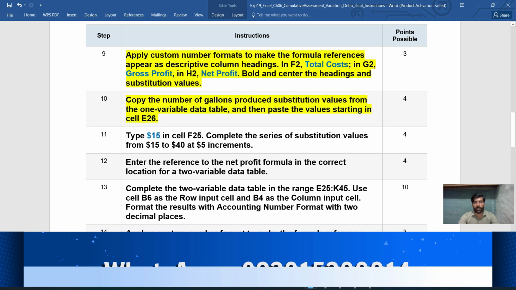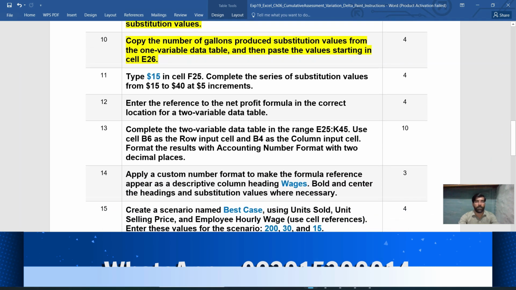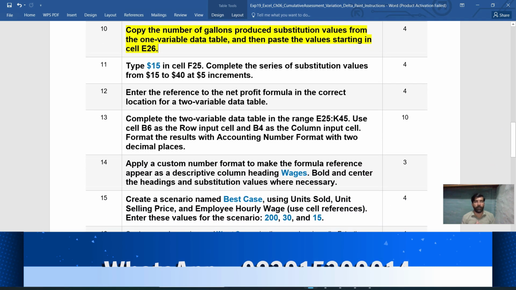Instruction number 10 says to copy the number of gallons produced substitution values from the one-variable data table, and then paste the values starting in cell E26.